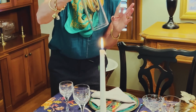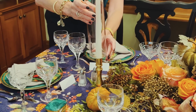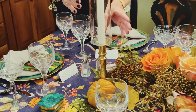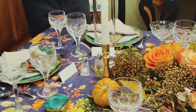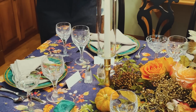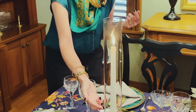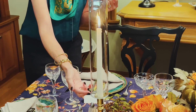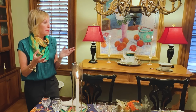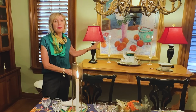But what I discovered, brilliantly, was that it was the same circumference as this hurricane. And you can get all of this online. The hurricane fits on it, and it also elevates the hurricane so that the base of the hurricane is at the top of the candlestick, not at the bottom of the candlestick. The candles I also buy in bulk because I like to have candles lit pretty much